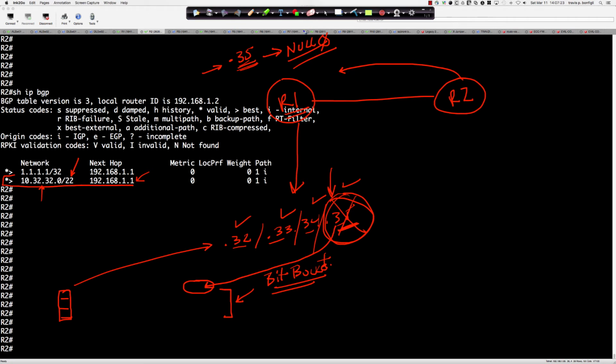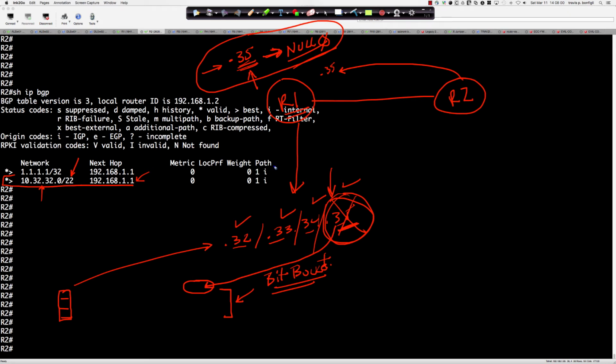So here's what the Null0 interface does. Hopefully you understand what I've explained here. The Null0 interface is now dropping by design, right? And as it's supposed to, because we don't have the 35 network. So router 2 sends the traffic over for the .35. Router 1 says, oh, I know I said that I knew how to get there, but I don't actually have a network entry for that. I'm dumping it in the bit bucket. It's going to Null0. That's why we create that Null0 entry, because here's what could happen